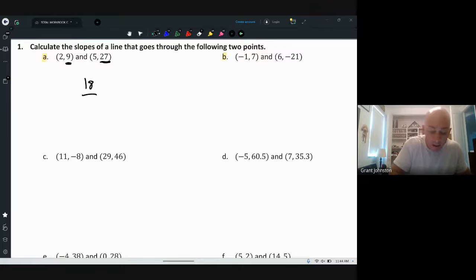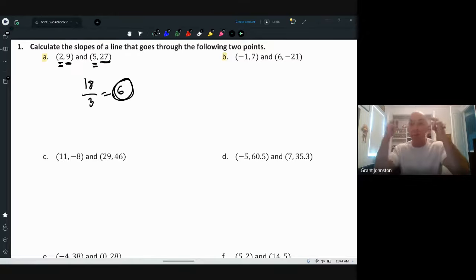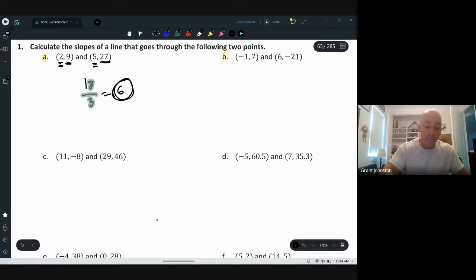And then the run from 2 to 5, how it's going horizontally. So vertically, it's going up 18, and then horizontally, it's going 3. 18 divided by 3 is 6. So that's how I sometimes think of it. Just think rise over run. Or you can